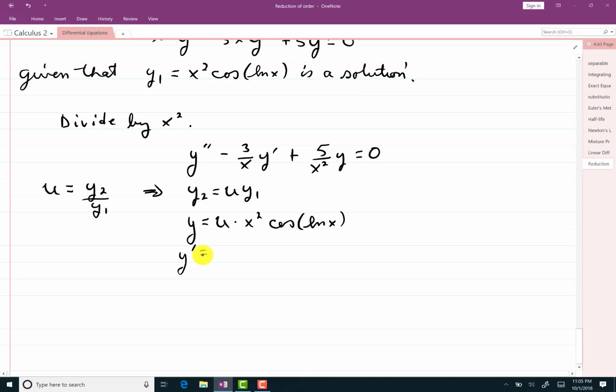Y prime. This is a product rule. What I'm going to do is I'll do u first, u prime, but I'll leave the rest of it alone, x squared cosine of the natural logarithm of x. Now I'll leave u alone, but this time I will take the derivative of x squared ln of x. Of course, that's also a product, so let me do that part as a product. That's why I've started a parenthesis. X squared's derivative is 2x. Leave cosine of ln of x alone. And then leave the x squared alone